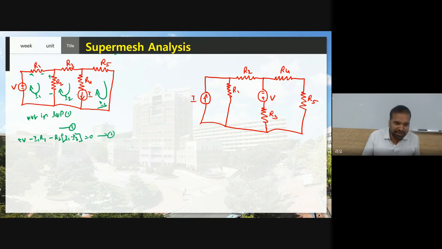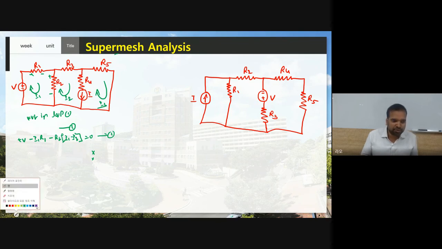And if I apply KVL in loop 2, what happened? Here you have a current source, but you don't know what the voltage at the current source is. Then you cannot apply KVL in loop 2. Then if I apply KVL in loop 3, once again, see, the current source is involved, so I cannot apply KVL in loop 3. Then what do I need to do? I need to form a super mesh by using loop 2 and loop 3. Why loop 2 and loop 3? Because this current source is adjacent to loop 2 and loop 3. Therefore, by using loop 2 and loop 3, I have to form a super mesh.